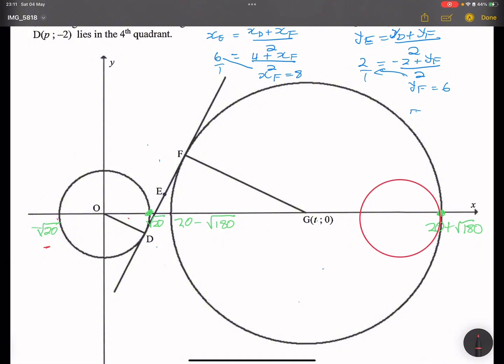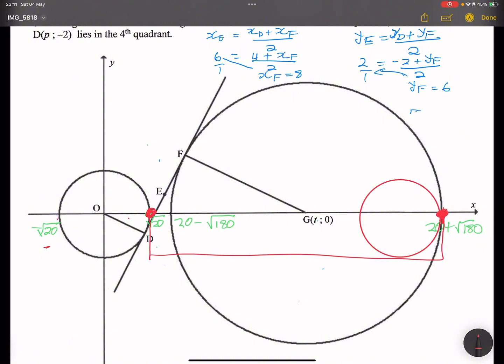That's how you'd get the circles to touch each other internally, right? So I'm going to take that x value and subtract this x coordinate. So I'm taking that entire distance. So that's 20